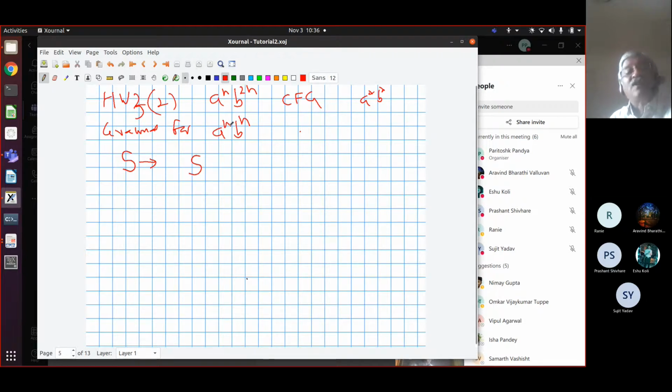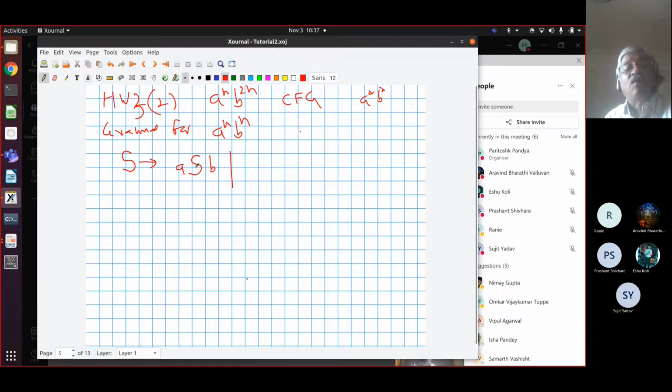Now to get a larger string which is also in the language, what can we do to this s? You can add an a before the string which is in s, add a b after that string, and you will still get a string in s, right? So this kind of recursion is there. If you take any string of the form a raised to n, b raised to n, and append an a before it and a b after it, the resulting string will remain in s. So s is the class of all strings which is closed under this kind of construction.